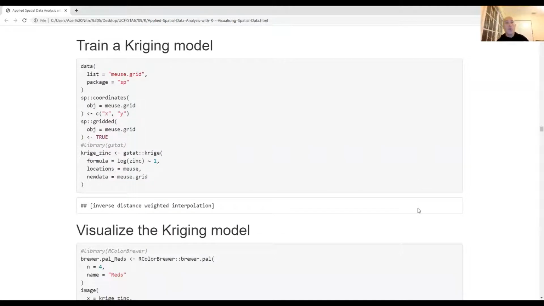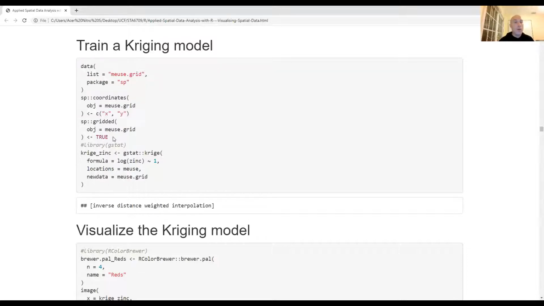All right, so let's start talking about actual modeling with spatial data. Here, I'm not going to really talk about the model too much. I'm just going to execute it, and then we'll just use it, and down the road, we'll start getting deeper into it. All right, so here, I'm going to first get the Meuse grid data set,